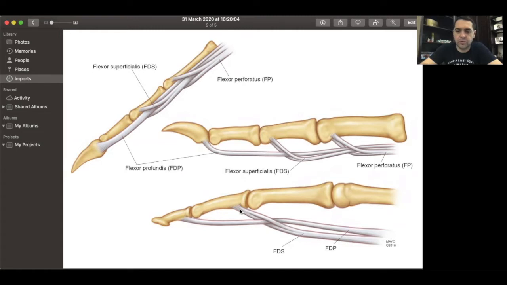And 2 points: 1 point at the lateral side, 1 point at the medial side, right here. And the profound flexor goes through the insertions of the superficial flexor tendon and goes straight to the bottom, to the base of the third phalanx. So this is very, very important to understand